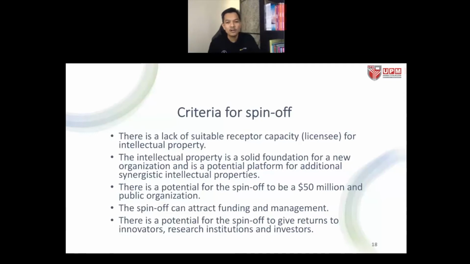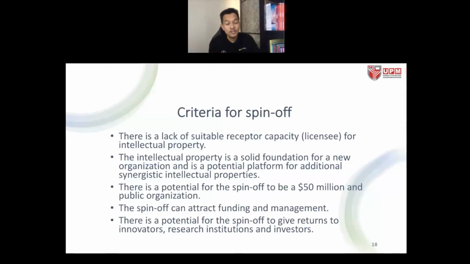It is one of the reasons why an institution creates a spin-off, because sometimes when they want to sell the IP, nobody comes in, or it will take a very long time. By introducing a spin-off, it will expedite the commercialization process, right? And then the intellectual property is a solid foundation for a new organization. Okay, when we have a spin-off company that has its own intellectual property, it becomes something positive, something that you can be proud of, and you can actually